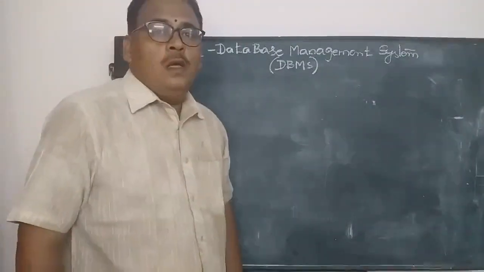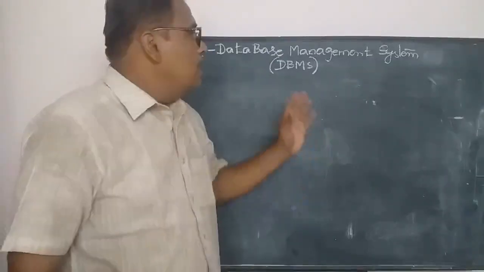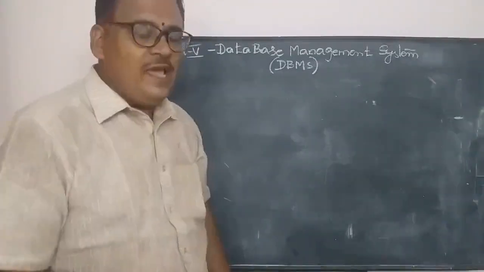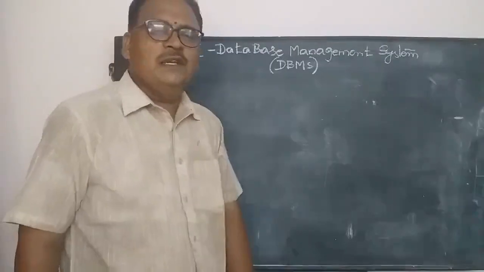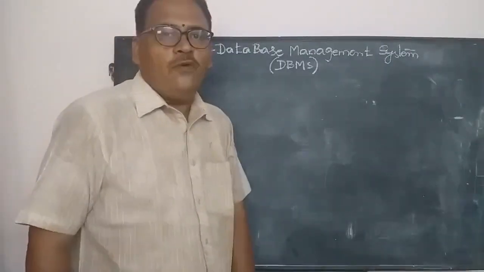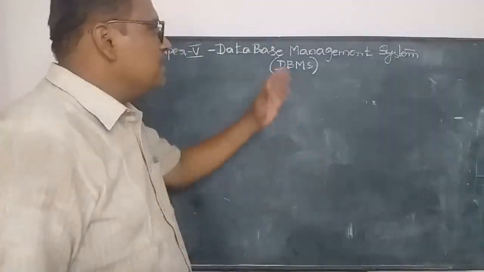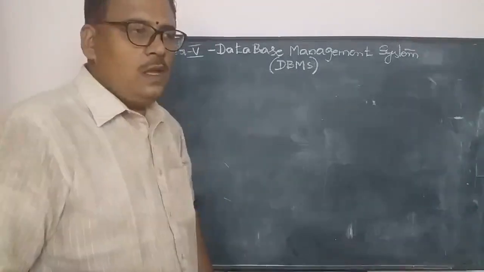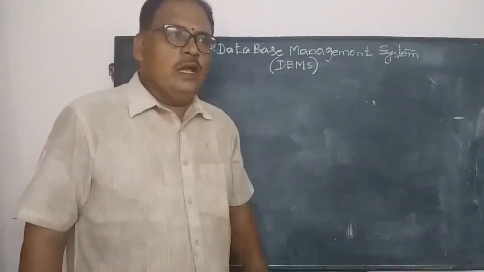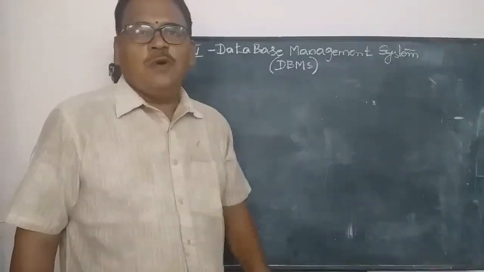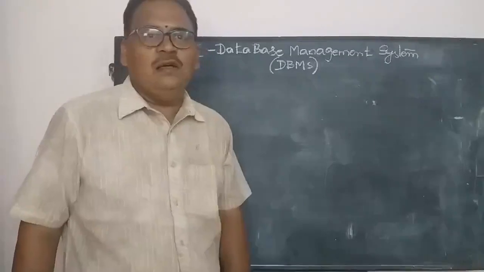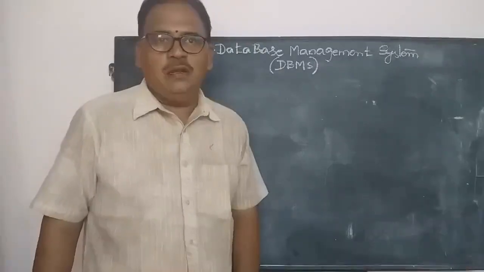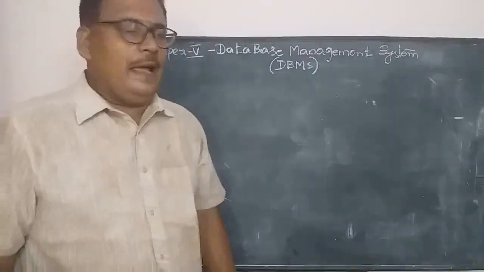Today we will discuss database management system, that means DBMS. Coming to our final year, we have two papers. One is DBMS and the second one is software engineering. Here database management system is paper 5 and software engineering is paper 6. In previous semesters, we learned various programming languages, C, Java, data structures with Java, etc. Now, in this session, I will explain the introduction about DBMS.